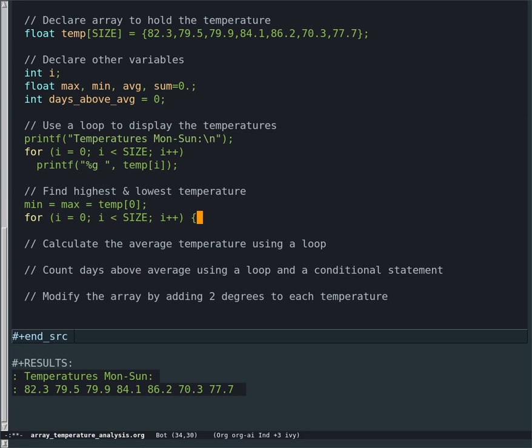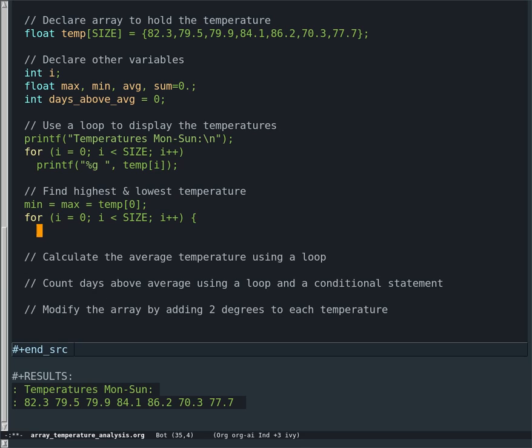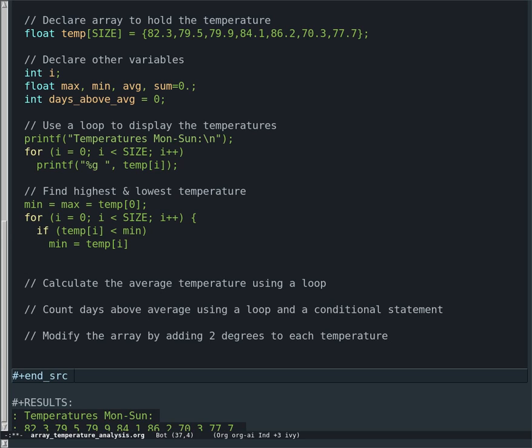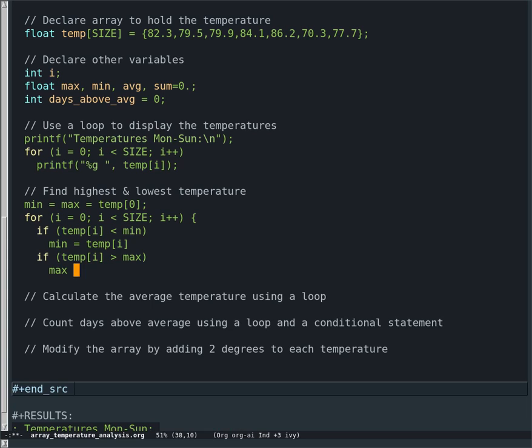And in this case, we have more than one line that follows. The first if statement is if the array element we're just picking, temp of I, is smaller than the minimum, then replace the minimum by that element. And otherwise, move on and keep the minimum at the existing element. And if the temperature of the ith element is greater than max, do the same thing for the max element. Okay. Close the for loop,